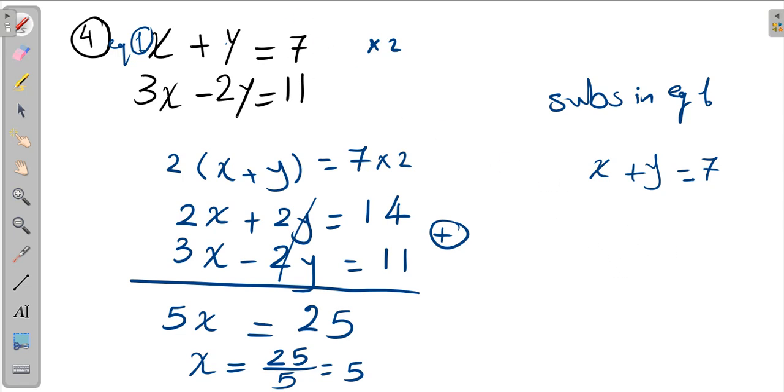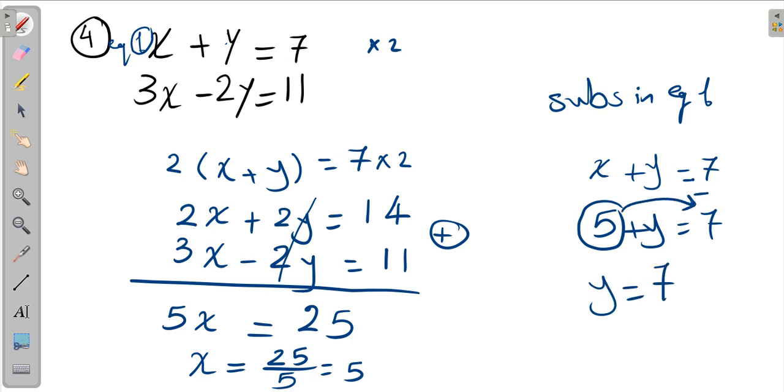Then you have 5 plus y equal 7. You can get it simply: 5 plus a number equals 7. This number is 2. And by math we get it by sending 5 to the other side by subtraction. y equal 7 minus 5